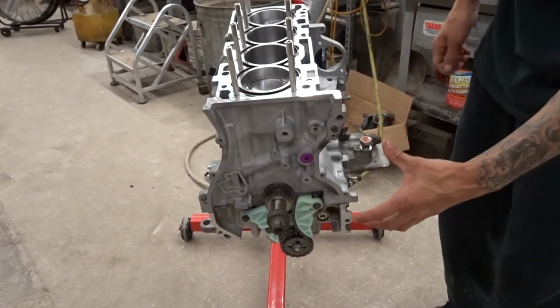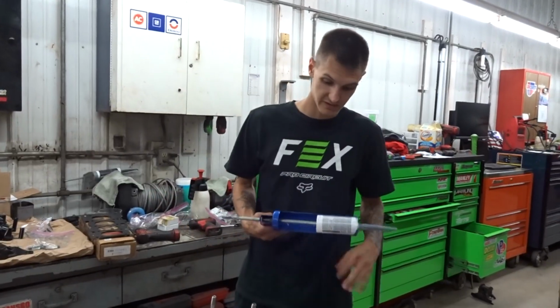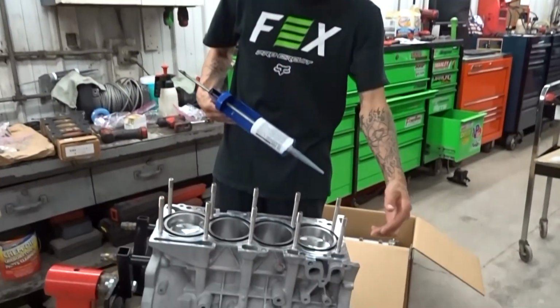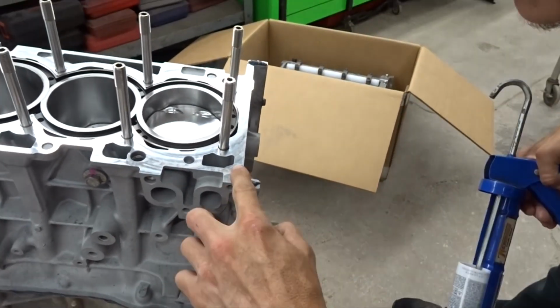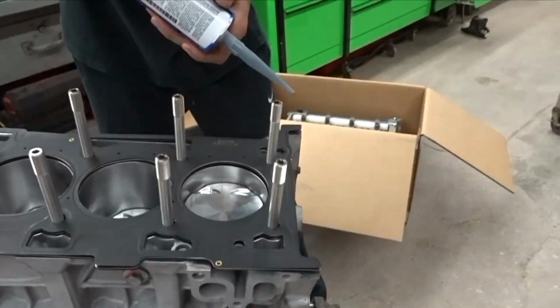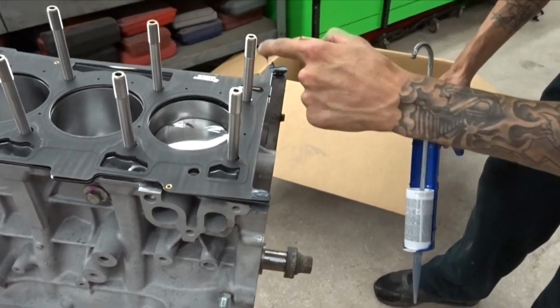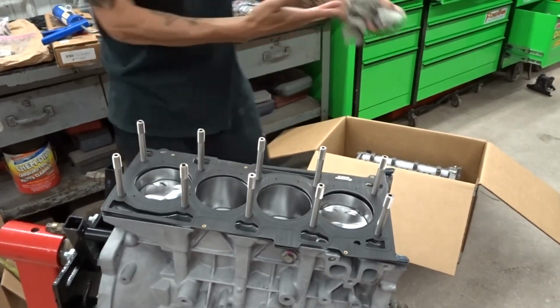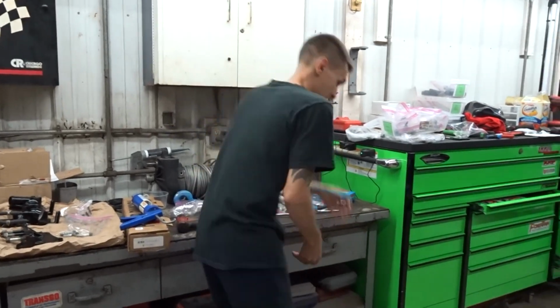We got our oil pump stuff on, we got our timing chains and all of our guides. All right, we're ready to install this head gasket. We're gonna put some sealant on the 2 corners here. All right, got our head gasket on there. Now we're gonna reach into this box here and